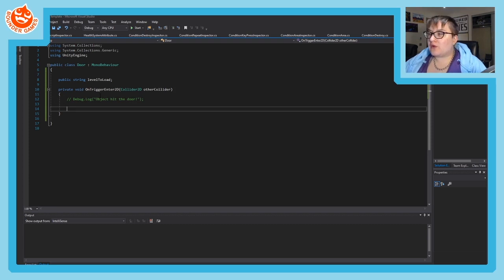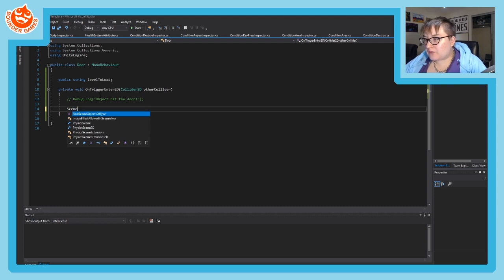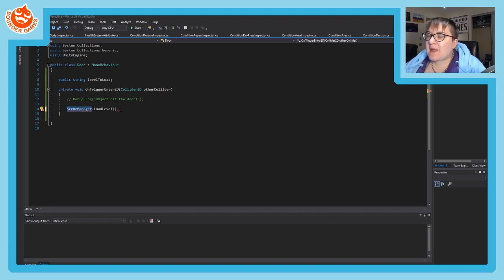Okay, so now we need to add a bit of code, and it needs to be inside OnTriggerEnter2D. We're going to add code to load our level. And to do that, we need to use the Unity Scene Manager. So the code for this would be SceneManager.LoadLevel. But the problem is, you notice there's red underlines going on here, and it doesn't understand what a SceneManager is. And that's because the SceneManager, and I'm going to go ahead and delete this code for the moment,